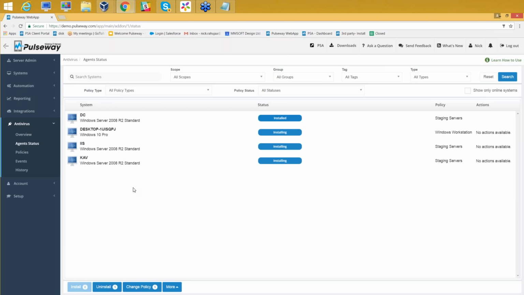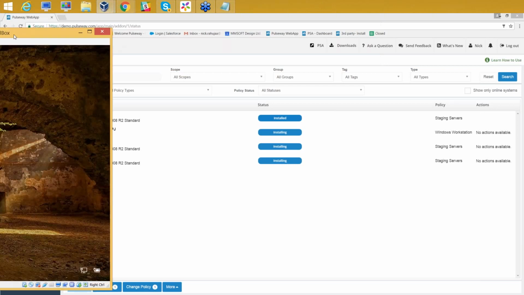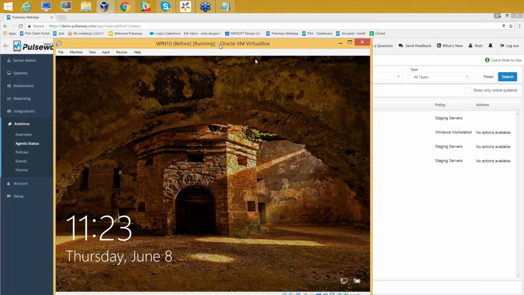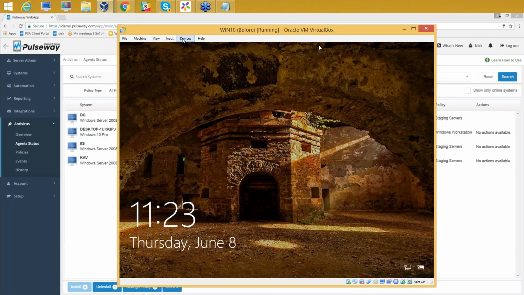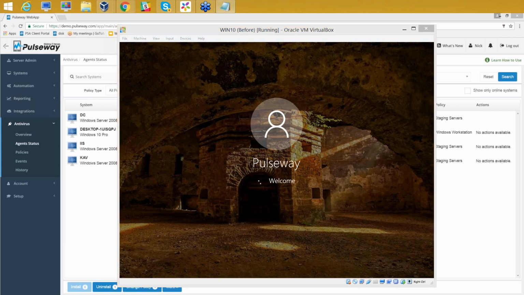Once these agents are installed, I can go ahead and set up all of this here. That's something I can do. Now to show you, this is my workstation that I have. In a couple of minutes, we'll be able to see that the Kaspersky antivirus is installed on this. Moving forward, once this is installed, we also spoke at the beginning of the session about